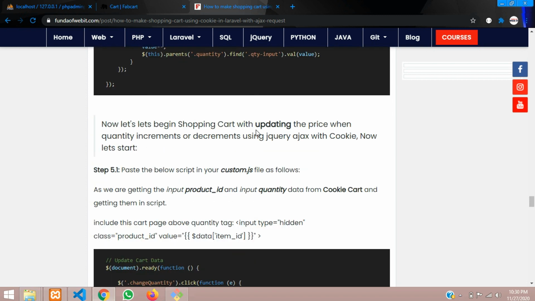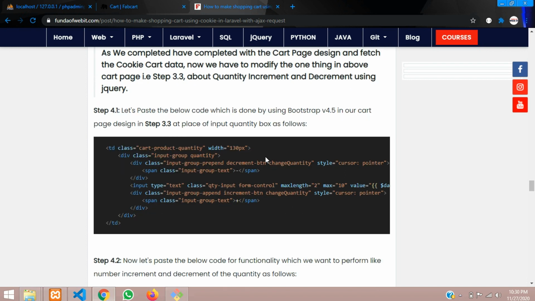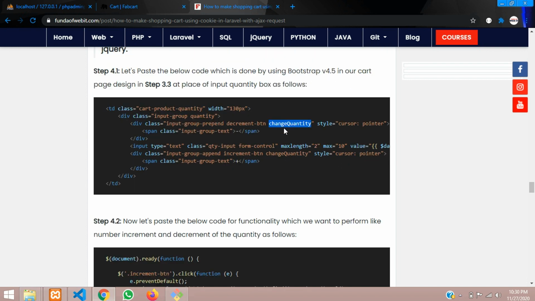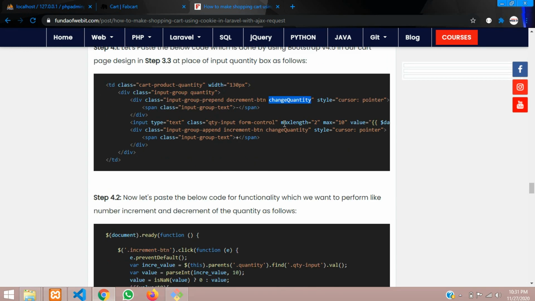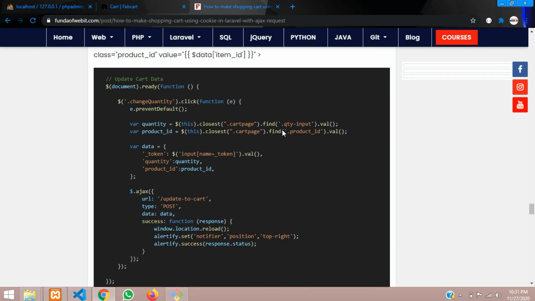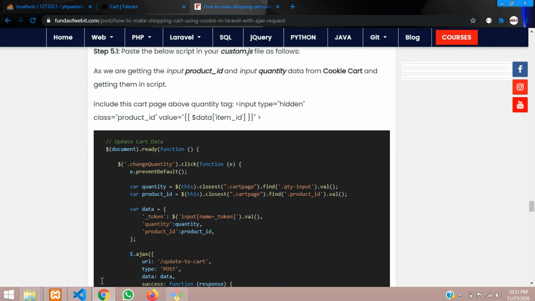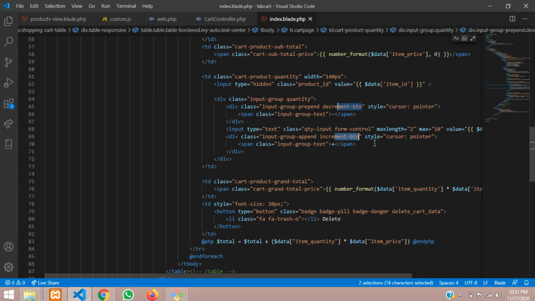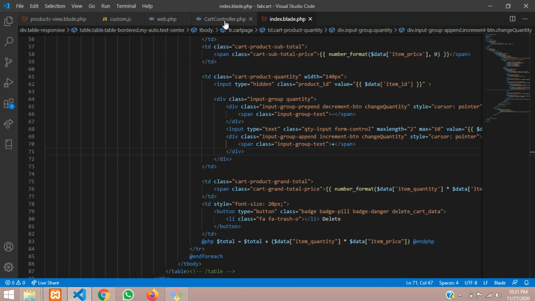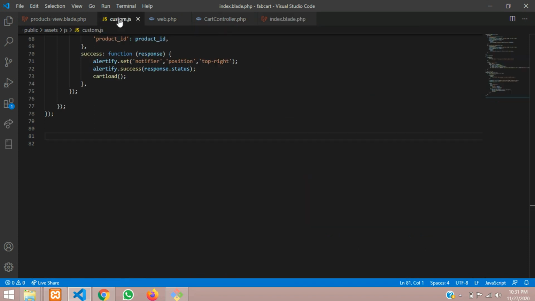I have already made that, so let's copy this quantity change, scroll below to our update to cart, and paste it in two places, increment and decrement, with the exact same name. On a change, either increment or decrement, the value will be calculated accordingly. So first we have included this and added the class name, and now we move on to our custom JS.